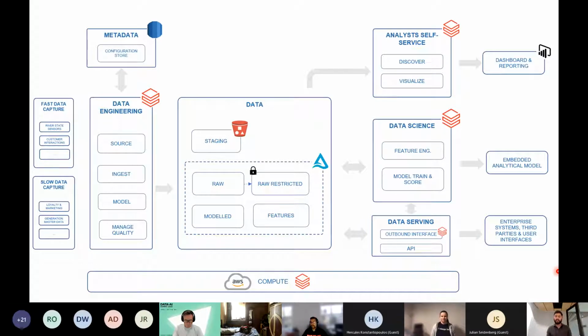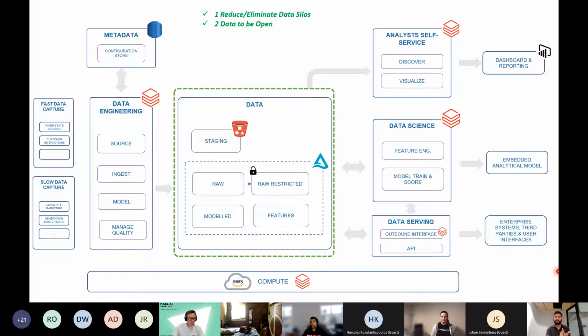As I said, we didn't set out to build a Lakehouse architecture. We had needs, and then we were working backwards from the needs to understand how to create a platform to address those needs. And the concepts that the Lakehouse paradigm gives us fit nicely into solving each of these, right? Now, if you play back against the needs that we have, against what we have achieved here, the first one was, if you remember, we wanted to reduce or eliminate data silos, right? And data to be open.